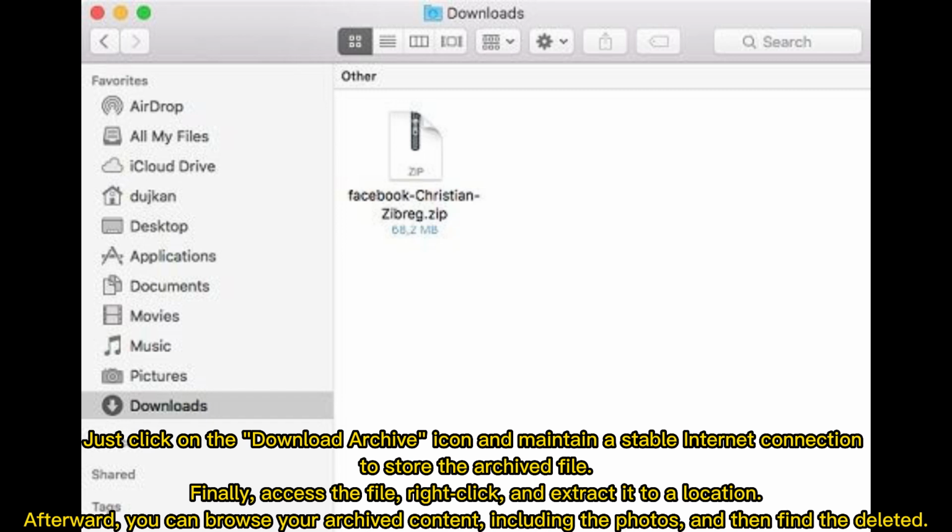Just click on the Download Archive icon and maintain a stable internet connection to store the archived file. Finally, access the file, right-click, and extract it to a location. Afterward, you can browse your archived content, including the photos, and then find the deleted